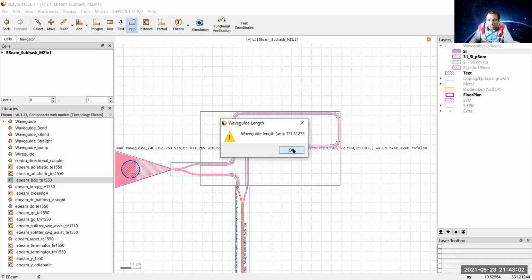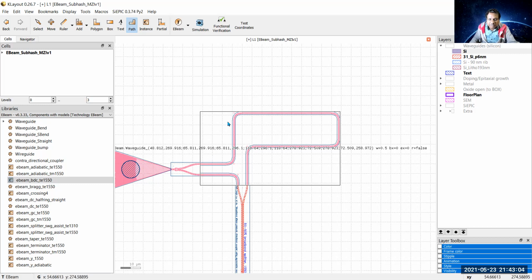However, if we are bothered about the delta L, the difference between these two, we can do the calculation and keep what this delta L is. Let me see. So 171.512 minus 22.889.